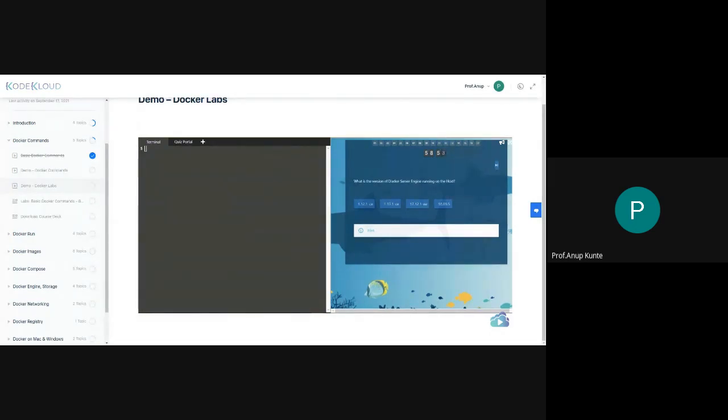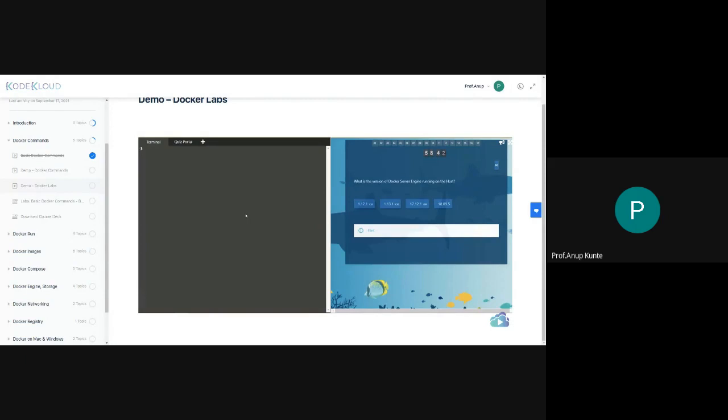So let me walk you through a few questions. There are two types of questions. Each lab scenario starts with a set of exploratory multiple choice questions where you're asked to explore and find information in the given environment and select the right answer. This is to get you familiarized with the setup. You're then asked to perform tasks like run a container, stop them, delete them, build your own image, etc.